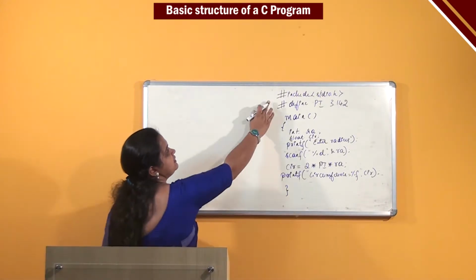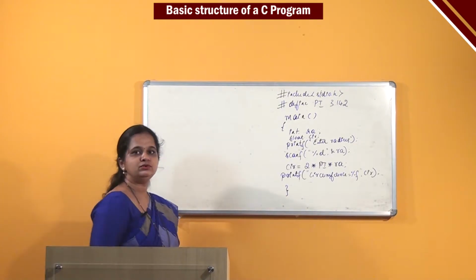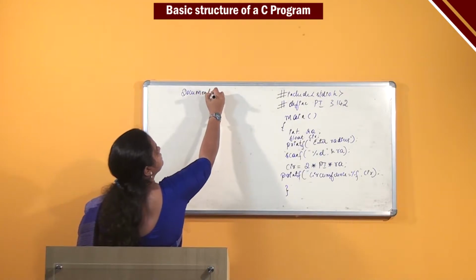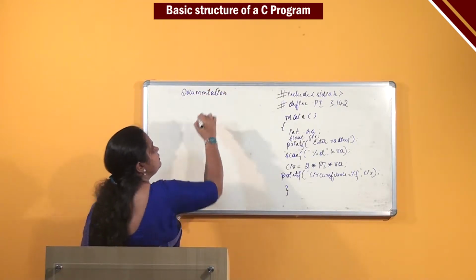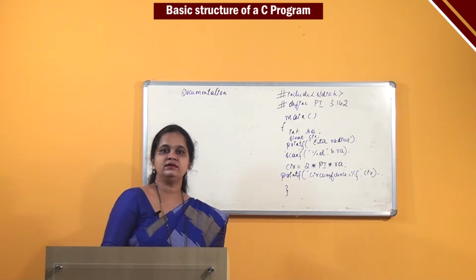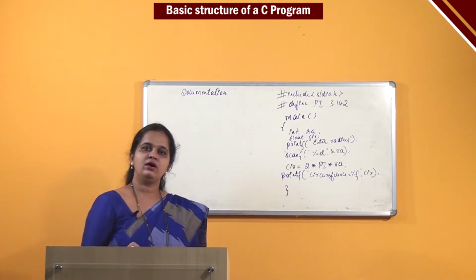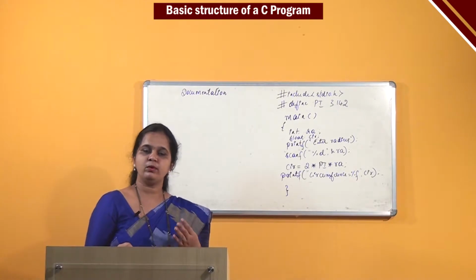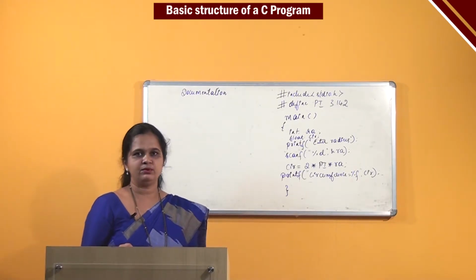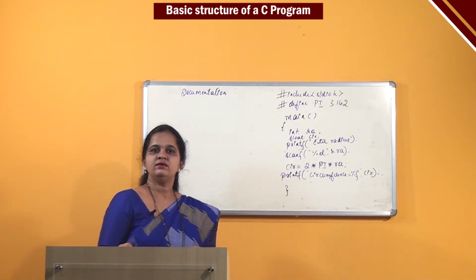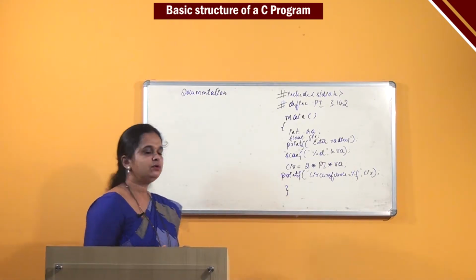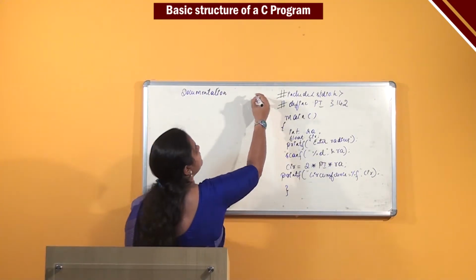The very first statement that I should always use is called the documentation section. Documentation, in the sense that I have to include a description of what the program is doing, or the author name of the program, or any other extra information about the program, which is not to be executed. They are not executing statements, they are just comments, just for the purpose of reading. I can use something like this: